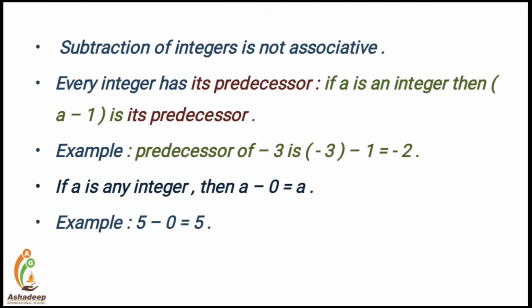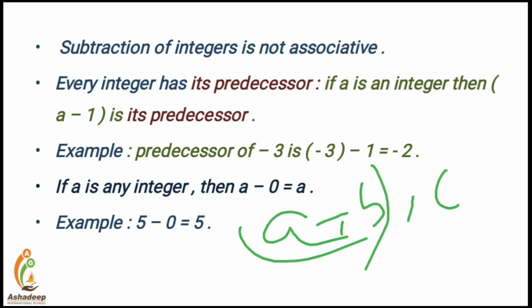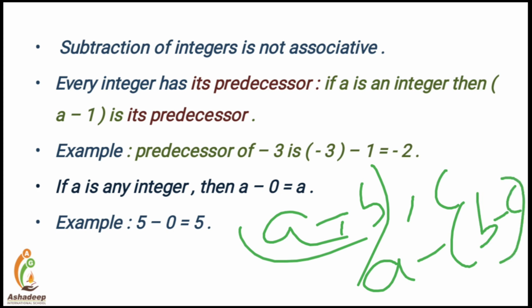Next, same condition will be applied for the associative property. Here, do you remember associative property? Yes, A, B and C. So for subtracting, first we have to make group of A and B, then we will make group of B and C. So when we change the group, the result will also change. Do by yourself, okay? Definitely you will get the answer.